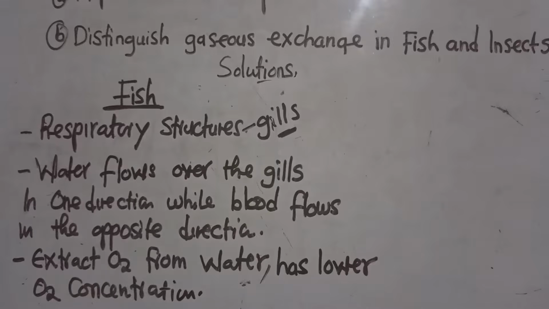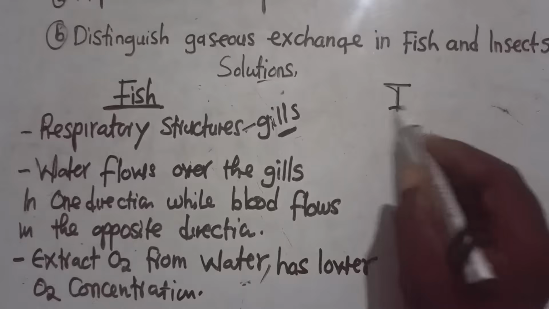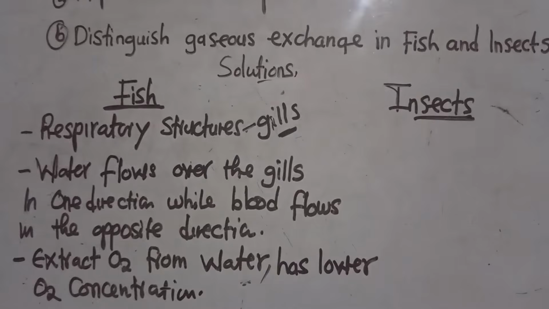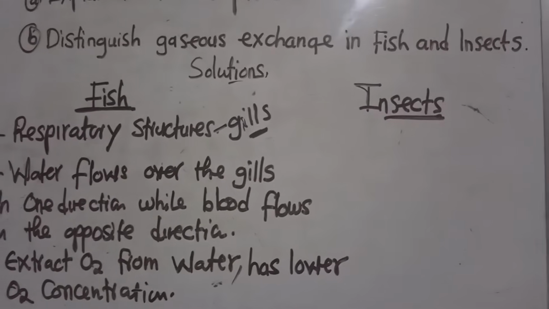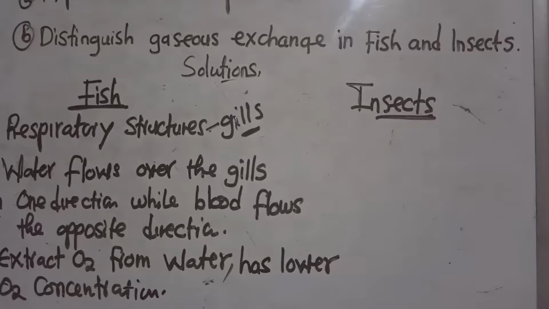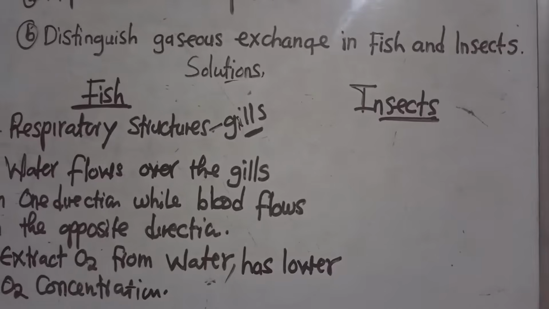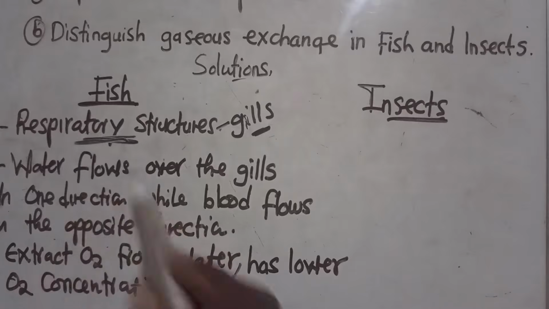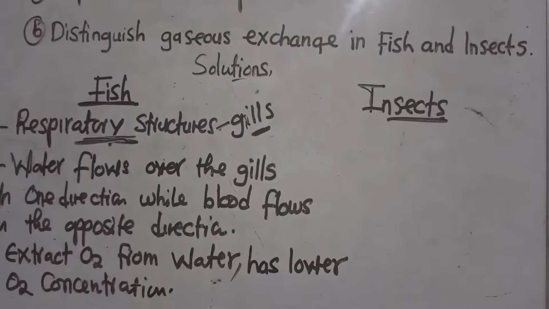Let us now go to an insect. These are simple things. I know you are able to answer. So you explain these things using a paragraph. In an exam, you're supposed to use a paragraph even as you are explaining these things. So under fish, like we've stated here, three things that we've mentioned. One, we talk of respiratory structures.